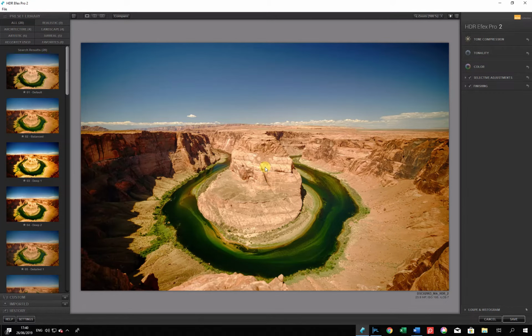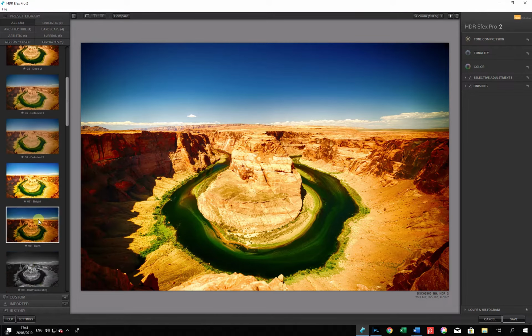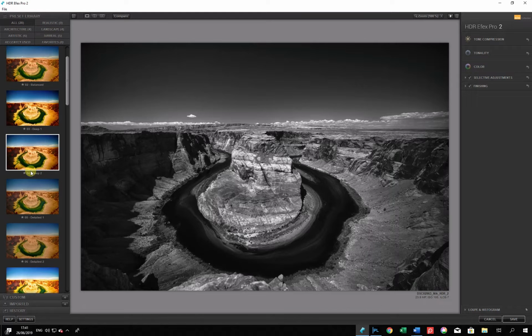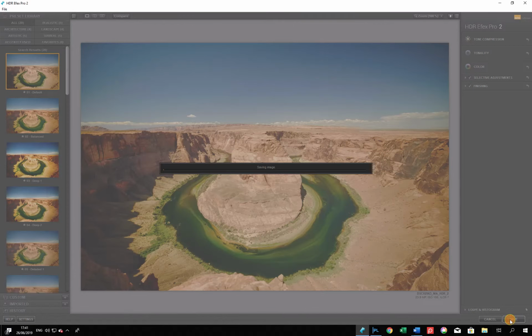This is the HDR photo. You can see the filters, okay? Now we are on the default. There is balanced, deep, all kinds of filters that you can see, black and white. Looks nice, you know. I may use it later. Let's go back to the default and save the photo to go back to